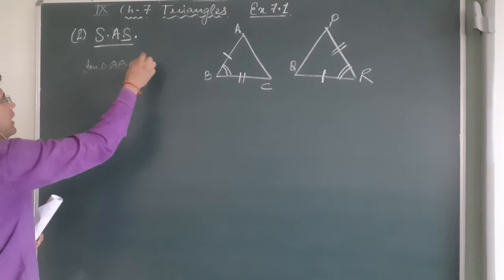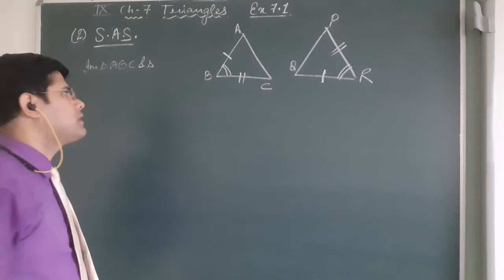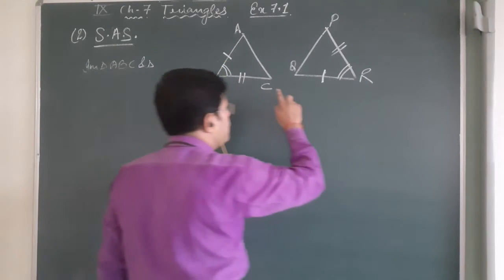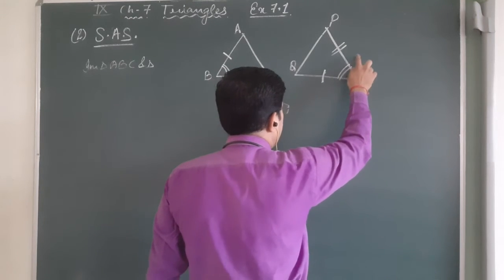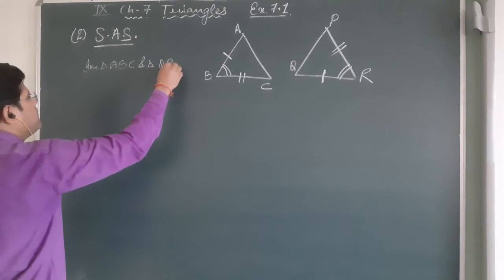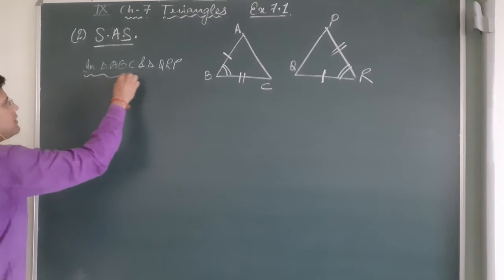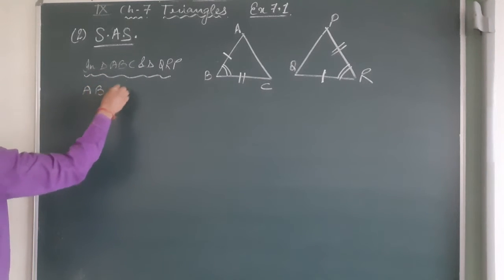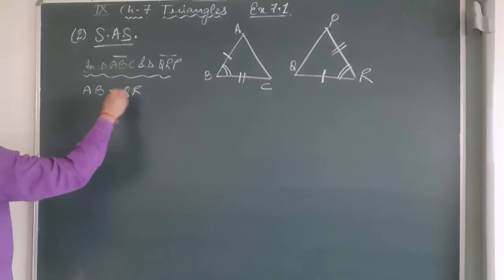So here if I want to take this triangle, firstly in triangle ABC and triangle, here I am not going to write PQR, because ABC is single side, angle, then double side. So we must follow that rule: single side, angle and double side. So QRP. Just to make it easier for you, write it in that manner. After that, AB equal to, here I am taking AB, then automatically it will be QR by given.